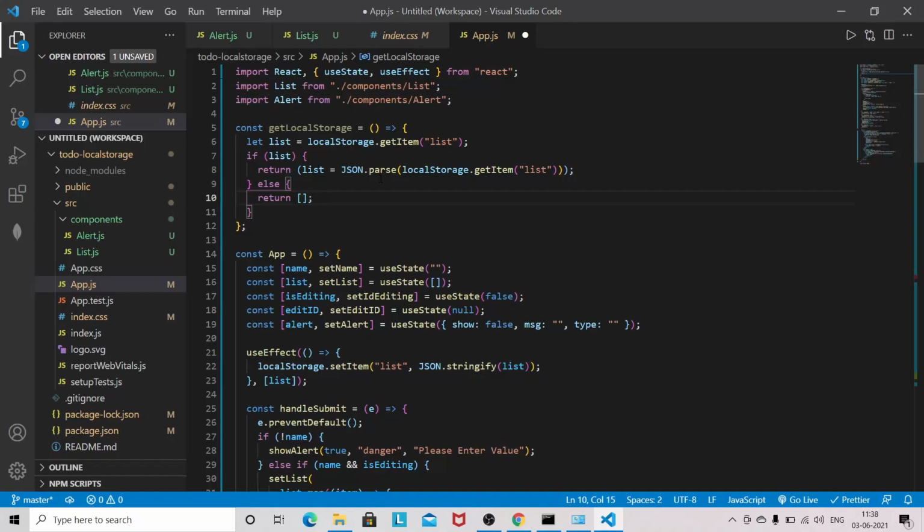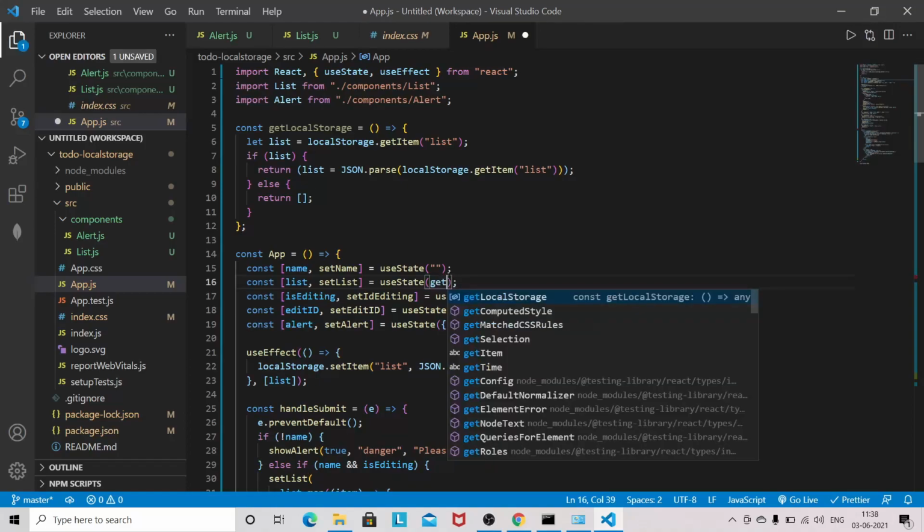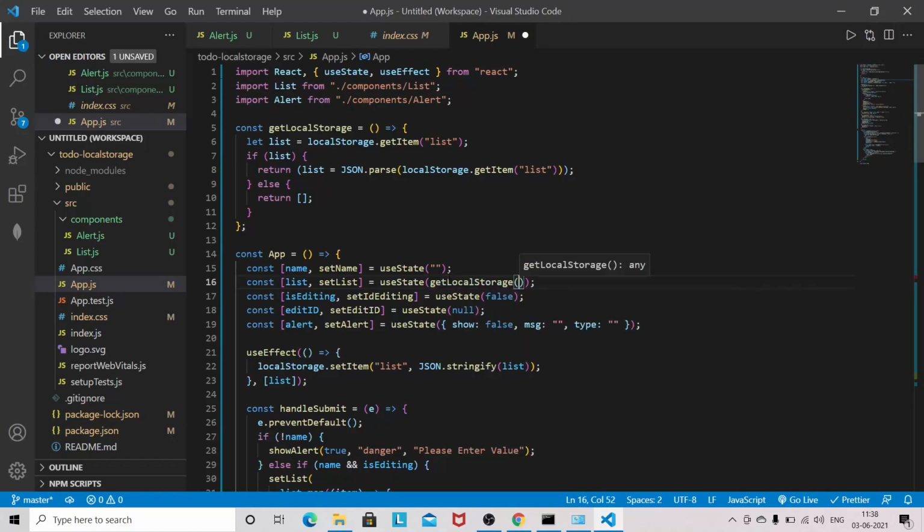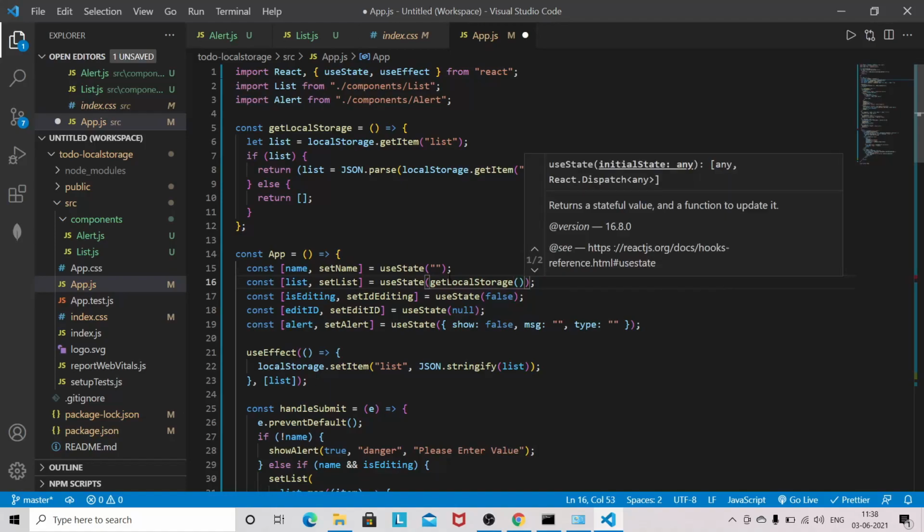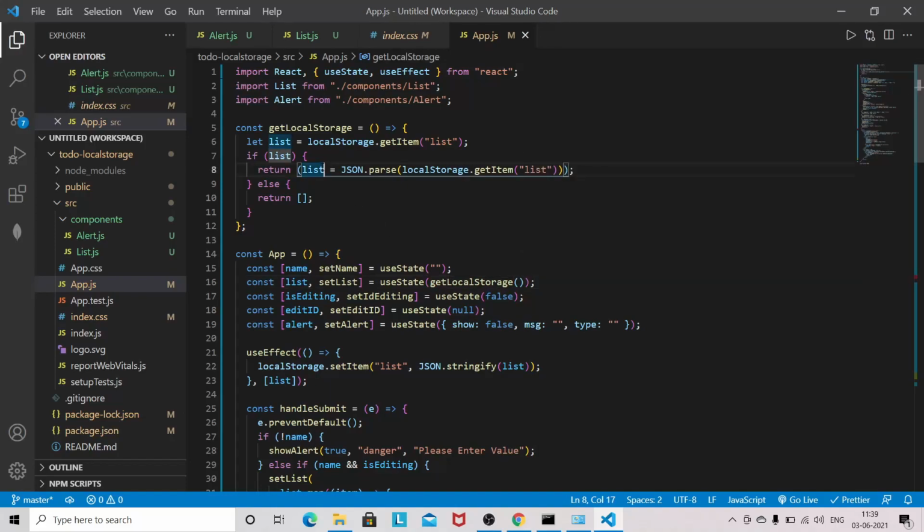Okay, now we have to use this one here. We need to call it whenever the page mounts. So if it's there in local storage, it will return the list, else it will return an empty array. So the initial state will either be an empty array or the list from the local storage.